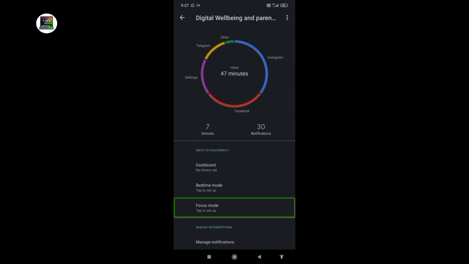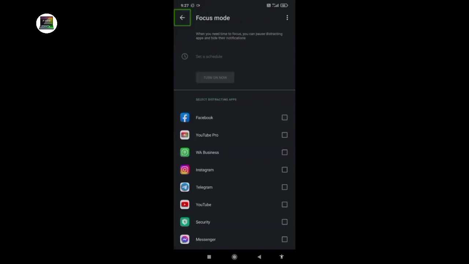So let me introduce what is focus mode. Focus mode is when you need time to focus, you can pause distracting apps and hide their notifications. So you can pause the notifications from distracting applications. For example, Facebook, WhatsApp, Telegram. For example, you are a student and you are doing studies for 3 to 4 hours. So for that time, you can